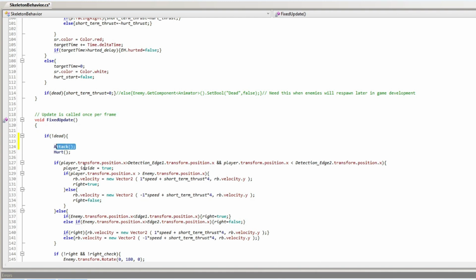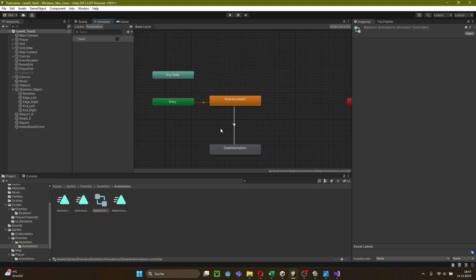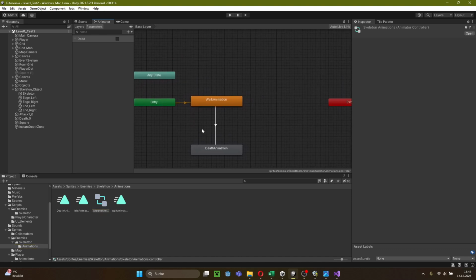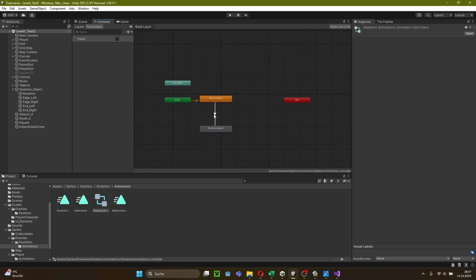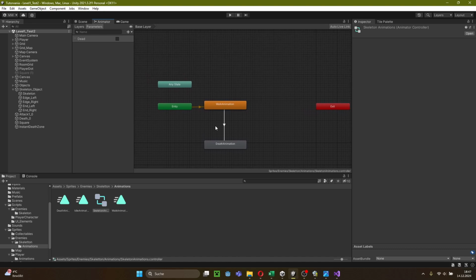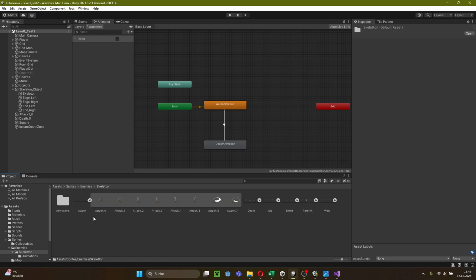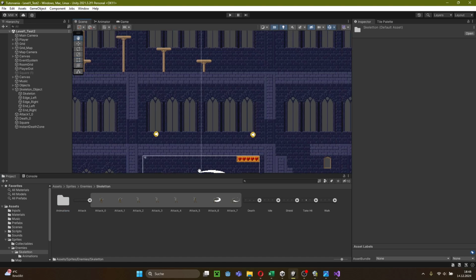so don't forget to add this here. So within our skeleton animation manager we can see that there is no attack animation yet. So let's change that. For adding an attack animation to our skeleton, let's go to sprites. Then let's go to enemies and let's go to the skeleton. Then you can see we already